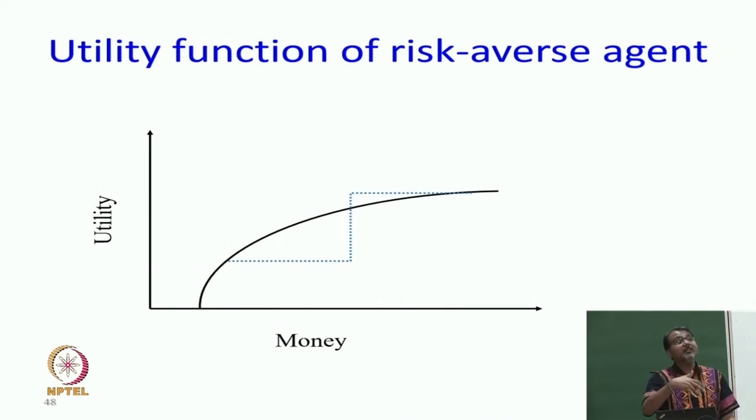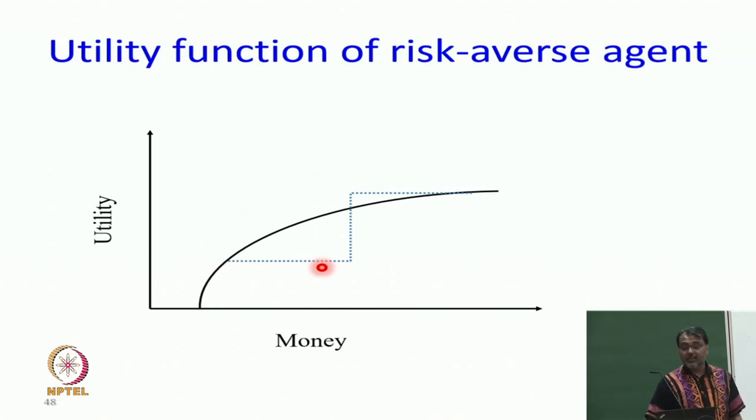But if you keep giving me more and more money, beyond a point, who cares? If I have made my first million, that is amazing. If I have made my second million, that is very good too. If I am making my third million, good. That would be a utility function for a risk averse agent. And these dashed lines show you that if the x axis difference is the same, then early on the utility gain is much higher, later the utility continues to diminish. So, this is also following the law of diminishing returns.